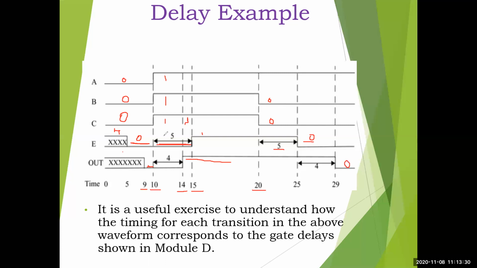So hope you are understanding this sequence. Okay, so see here the delay. Like that, in the same way here also you can see the delay. So actually you have changed the input at 20, but the actual output will come on out at 29, because 5 plus 4, 9 gate delay we have given. Okay, so hope this example will help you to understand the delay. As you see more examples, you may understand these concepts better. Okay, so this is just to show you how gate delays can be used.